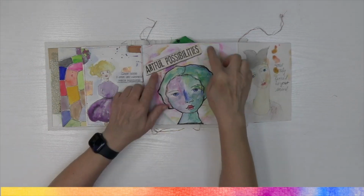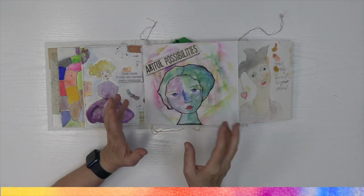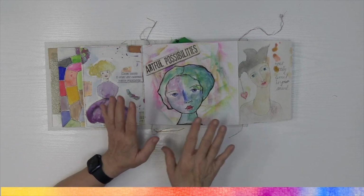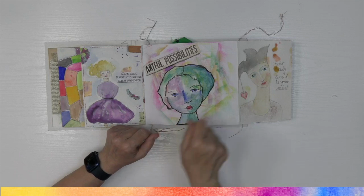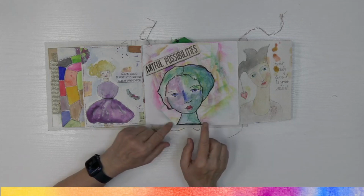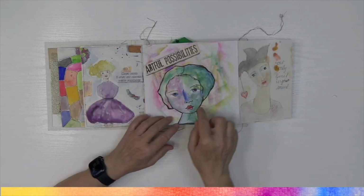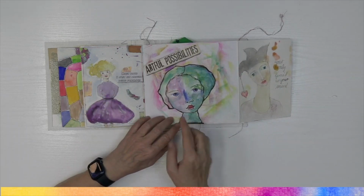The background here is, sometimes when I use distress inks, I like to have some paper underneath to catch the overflow, and that's what I did here. And then this is a separate piece. I have tested out some